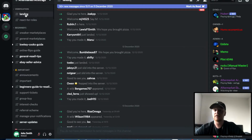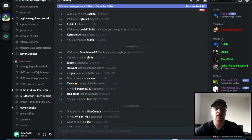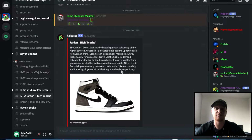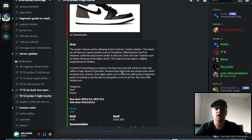Okay, so when you first get onto the Discord, you want to head over to the live releases category. For this example, we're going to be looking at the Jordan 1 High Mocha. When you first go onto the page, you will have a bit of information about the shoe, a picture of the shoe, etc. Then a bit further down, it has a lot of key information that you really want to read. So for this sneaker, it explains that we're going to have the typical retailers, Foot Patrol, Offspring, Size